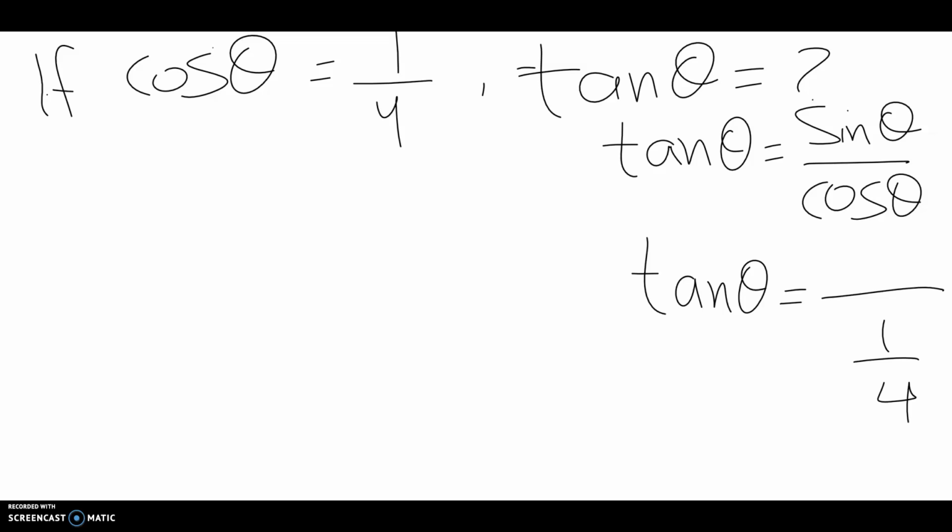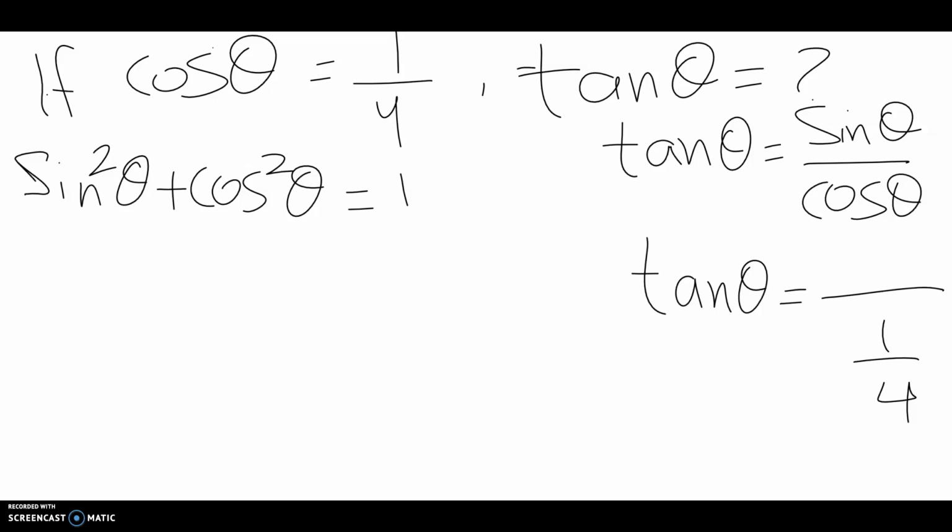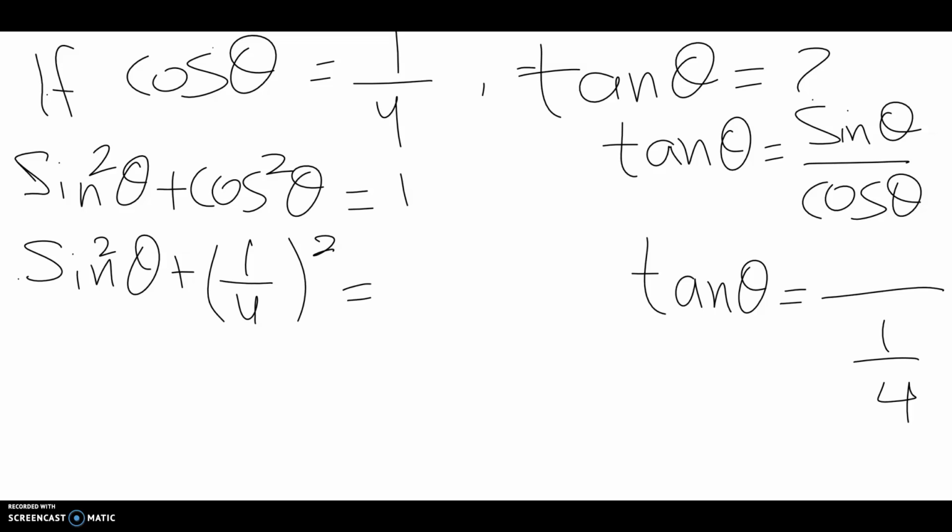Right? Now we don't have sine theta, but we will use a different identity to find the value of sine theta. I'm going to use this identity, sine squared theta plus cos squared theta equals 1. Okay, sine squared theta, I will keep it because I'm finding this value, plus cos squared theta, I'm substituting the value of cos squared theta, which is 1 over 4, and then 1. Okay, now 1 over 4 squared is 1 over 16, and when you take it to